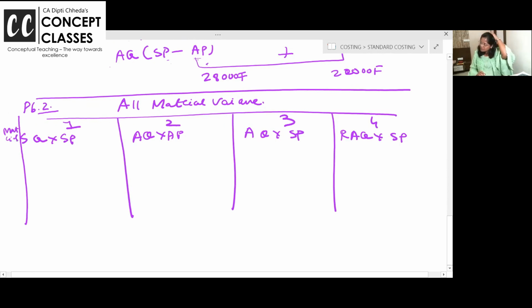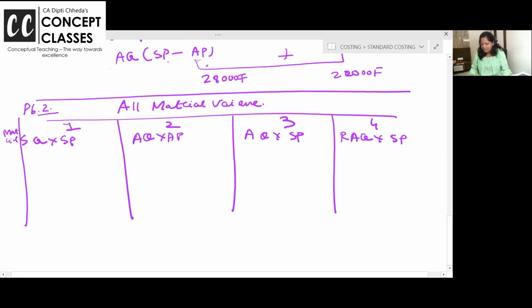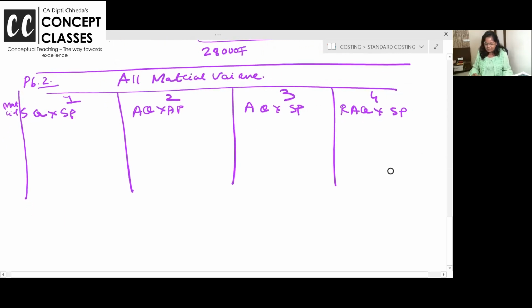Standard quantity into standard price. Actual quantity into actual price. Actual quantity into standard price. Revised actual quantity into the standard price. X, Y, Z. Leave one line after writing X, one line after Y, then Z. Now the standard quantity they have given for 1 unit, but I said actual is also for 10 units, so standard is also for 10 units. Just you have to copy